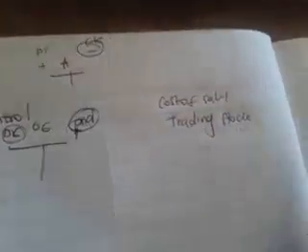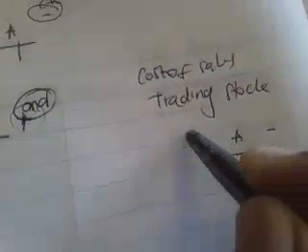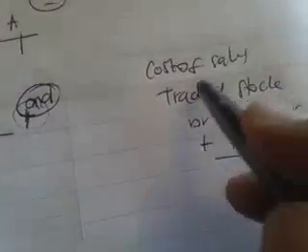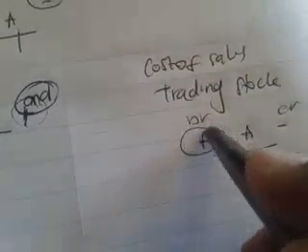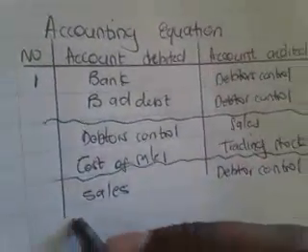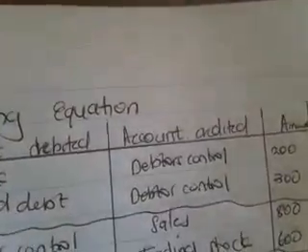So we are not done. We have two more accounts which are affected out of these 4. We have the cost of sales and the trading stock. Trading stock is also an asset account, plus, minus, debit, credit. Since this person has returned stock, what is happening to our stock? Our stock is increasing. So therefore we are going to debit our trading stock and credit the other one. Double entry principle: when we debit one account, we credit the other. So it would be debit trading stock, and then we would credit